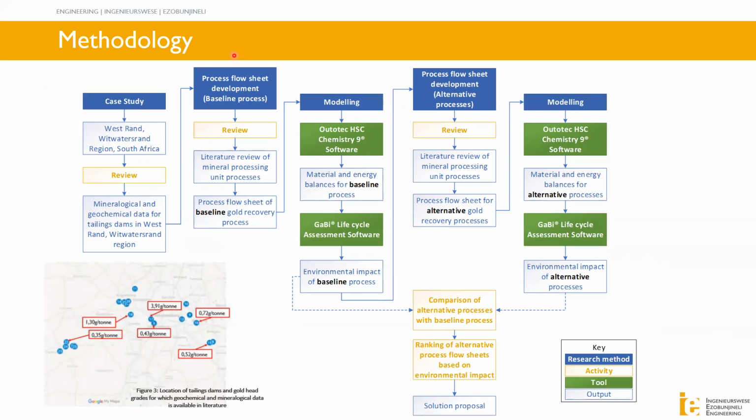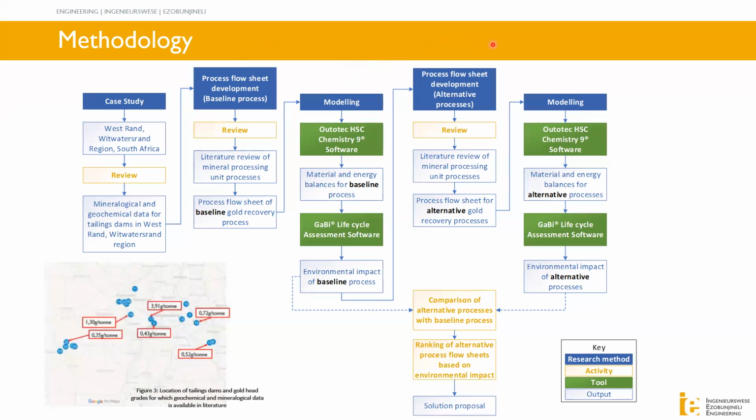The mineralogical data was evaluated to identify baseline processes in literature and current state of the art. This was for flowsheet development. Then mass and energy balances were conducted for the proposed baseline flowsheet using HSC9 software. Subsequently, GaBi LCA software was used to quantify the environmental impacts of the technologies incorporated and the entire flowsheet. Following that, an alternative flow sheet was then developed,